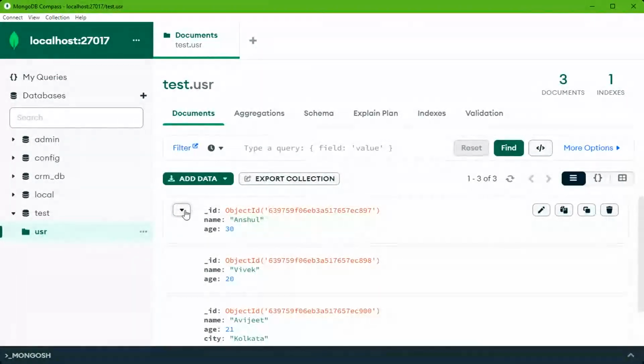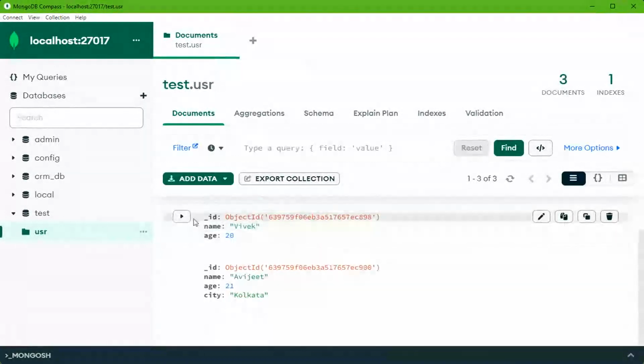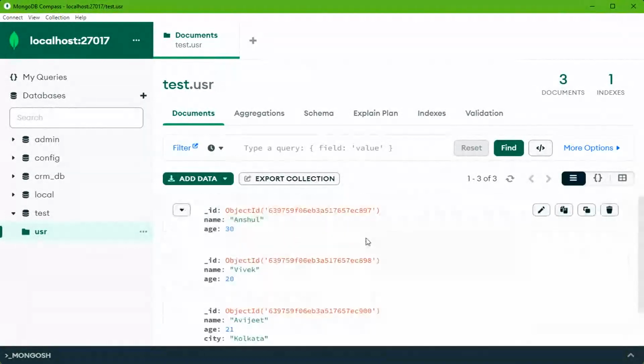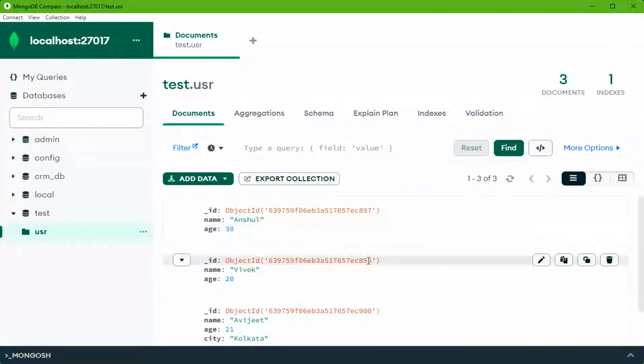You can expand each one of them, and this is how you can insert values in the data set. You can also remove if you want. So if you decide that you want to remove a particular value, once you can edit the document, you can have a copy of the document, you can clone the document.